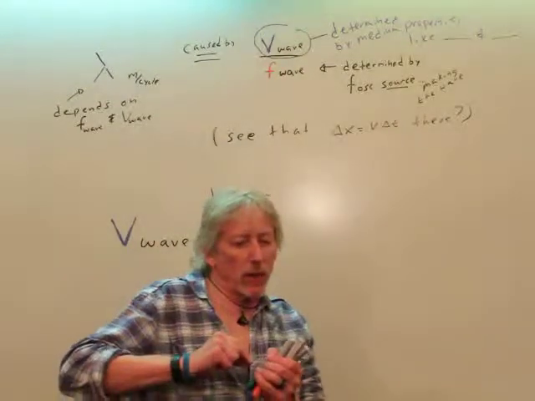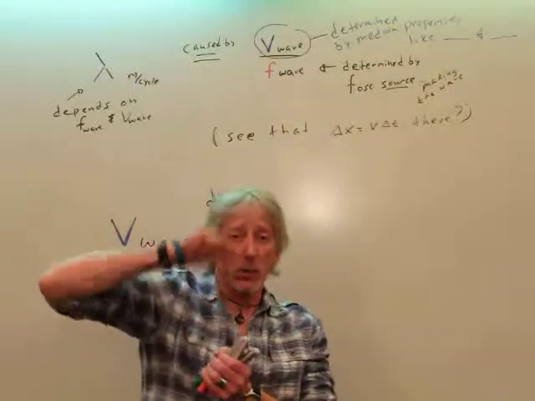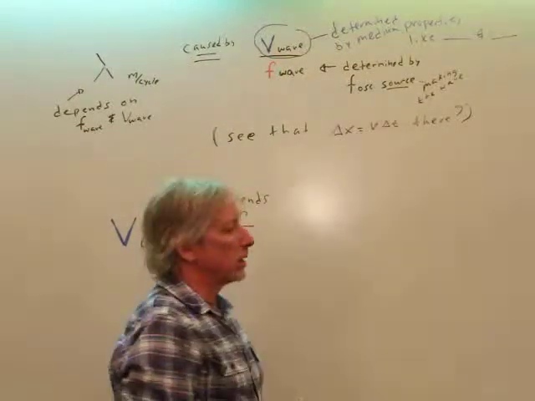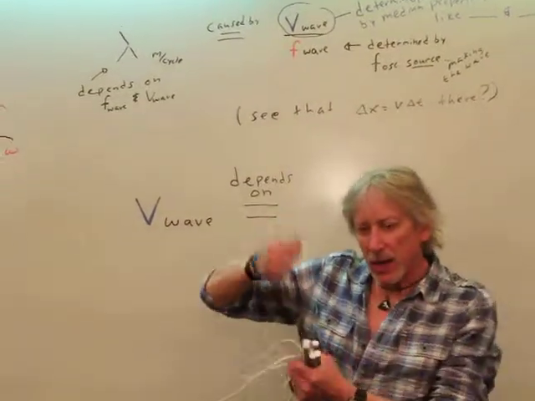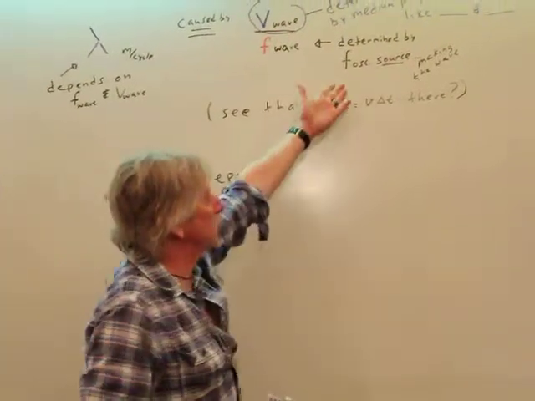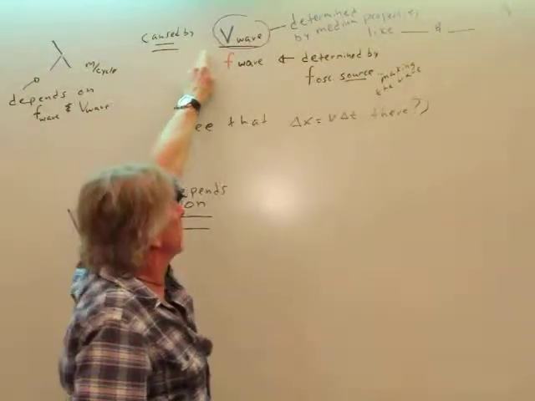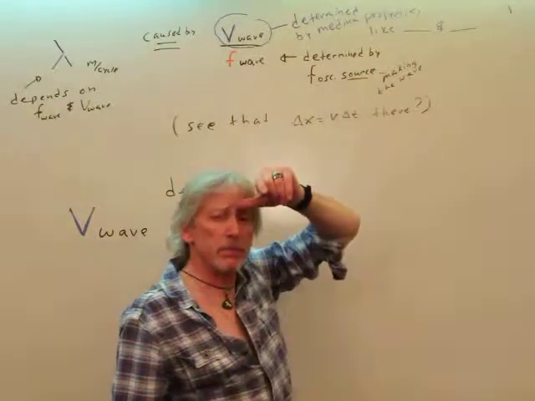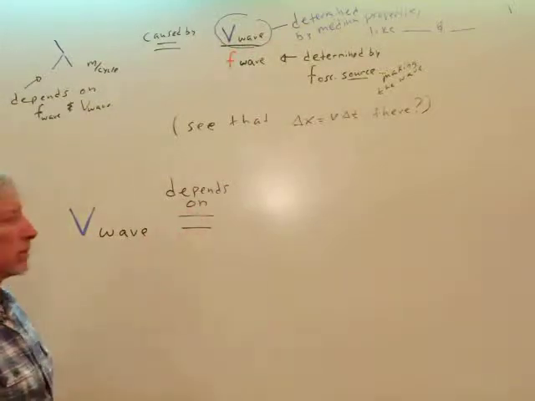If you have a radio antenna that's sending out a radio wave, its electrons oscillate, and the rate at which they oscillate will be the frequency that they send out. Okay? If you have a wave in a string, then it's my hand that's the source. So there's some source, something putting in energy or creating that oscillation. Fine. But what about that v wave? Well, we said the v wave is determined by the medium. Properties like... what can I change? What does v wave depend on?